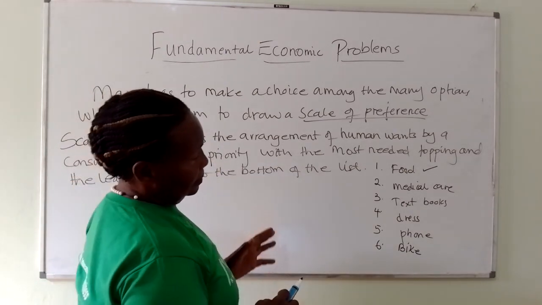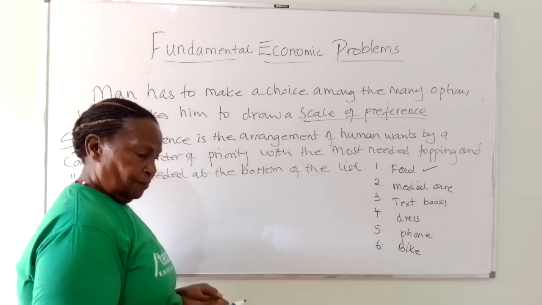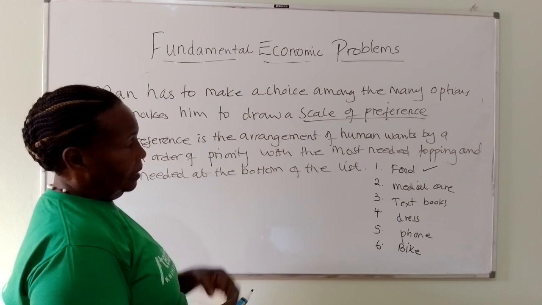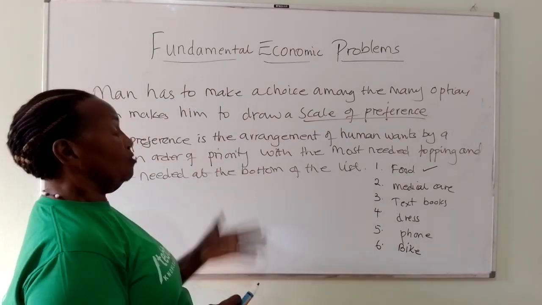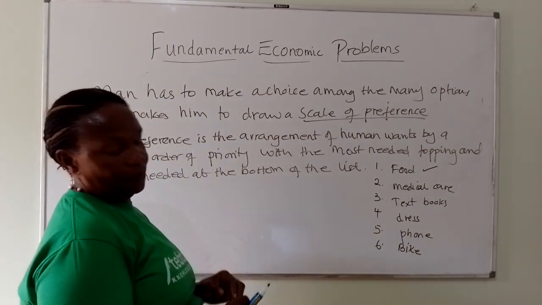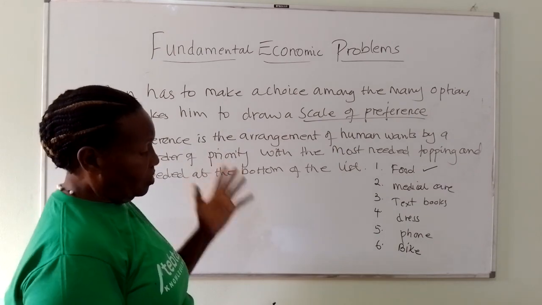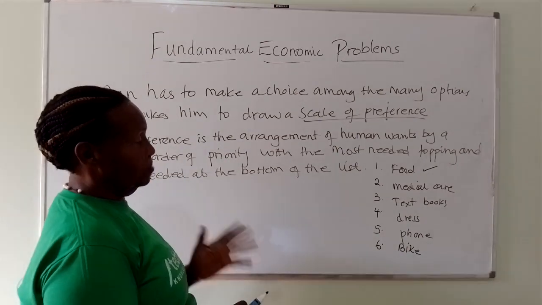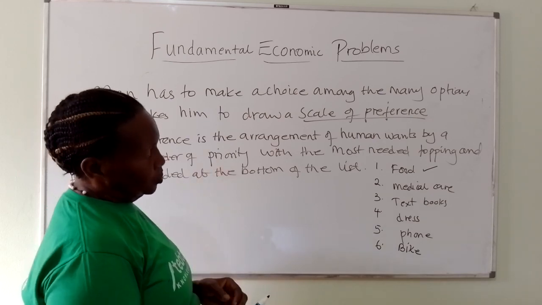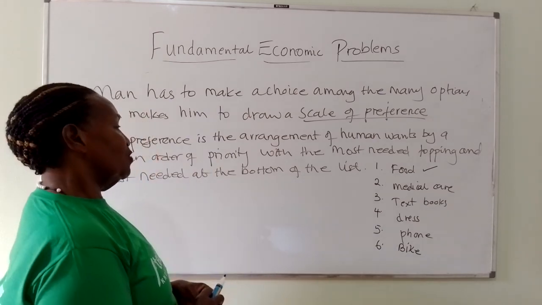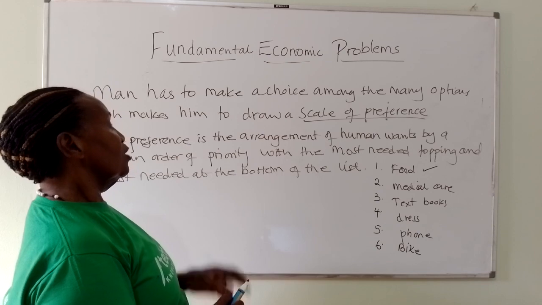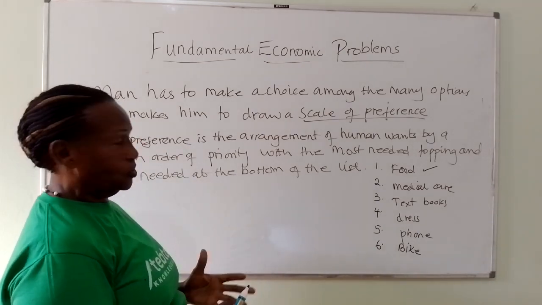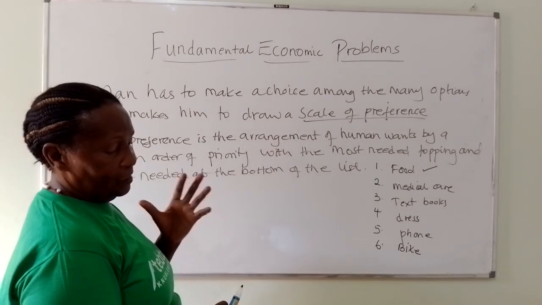In most cases, it is done by students when they are going back to school. They give you a shopping list, and on that list, usually what they want most is number one, and what, maybe when you don't have money, is at the bottom, that one you may not give to him or her. So even for us consumers, we need to have a scale of preference to guide our choices, because we are choosing based on limited resources and our unlimited wants.